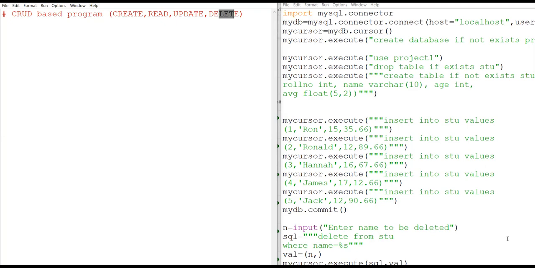This is what we are going to discuss today on the basis of what we have done previously.